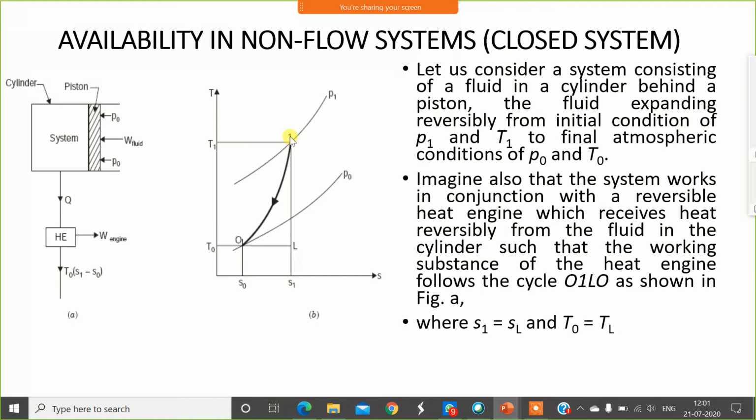Therefore, S1 is equal to SL. And you can see at point 0 and at point L, temperature is the same. Therefore, T0 is equal to TL. The work done by the engine is given by,